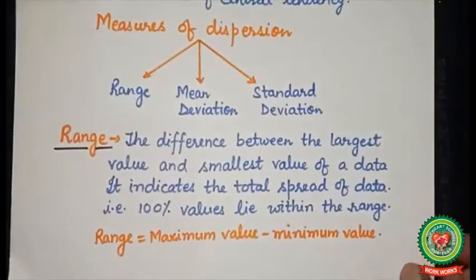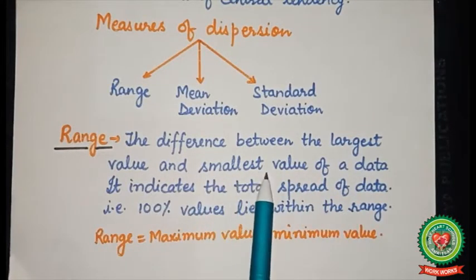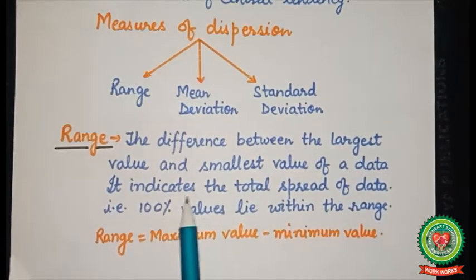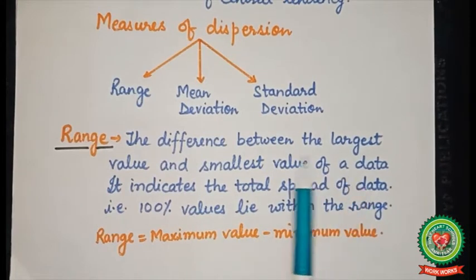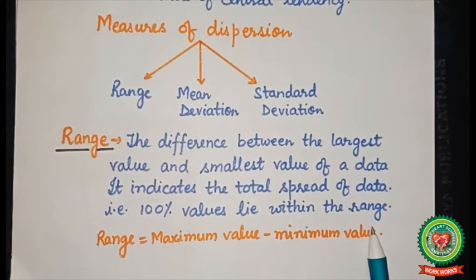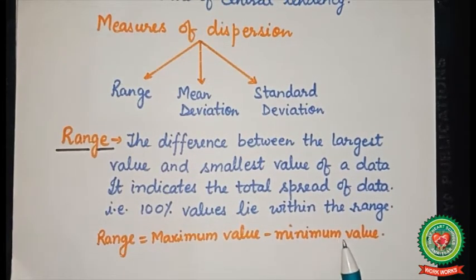Now, range is the difference between the largest value and the smallest value of a data. It indicates the total spread of the data because we have taken the smallest value and the largest value. Therefore, 100% values lie within the range, and the formula is maximum value minus minimum value. Now next is